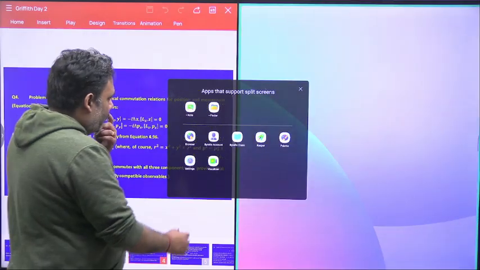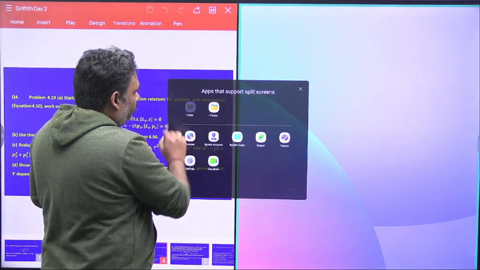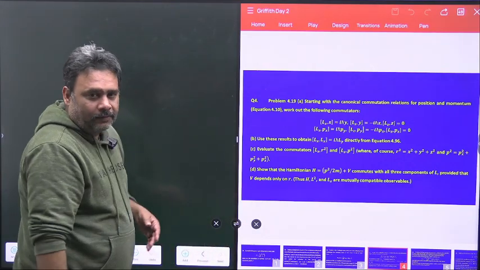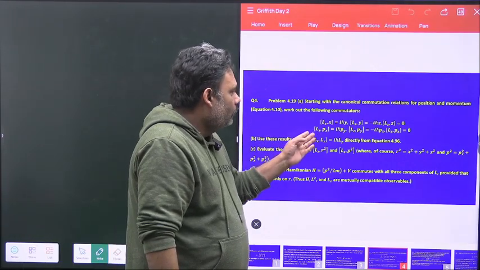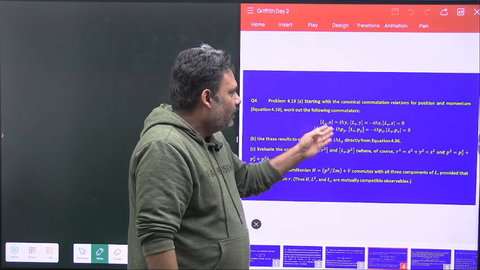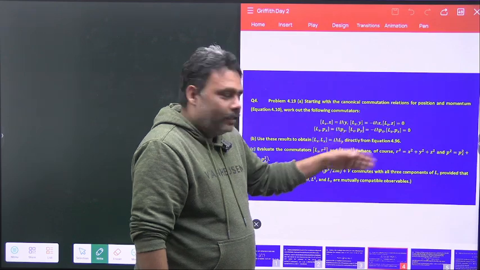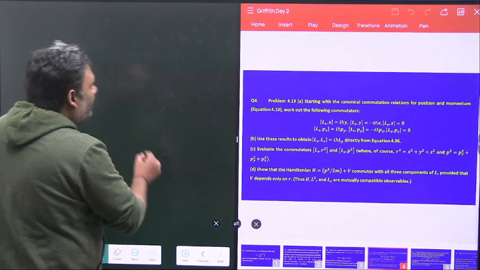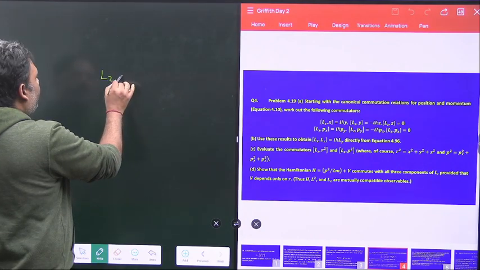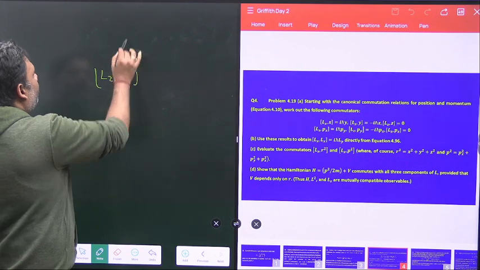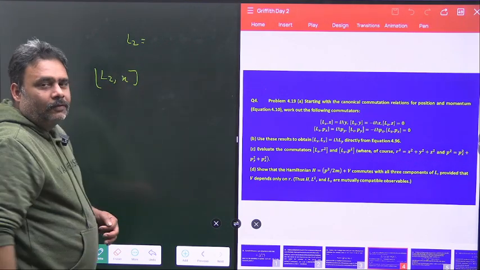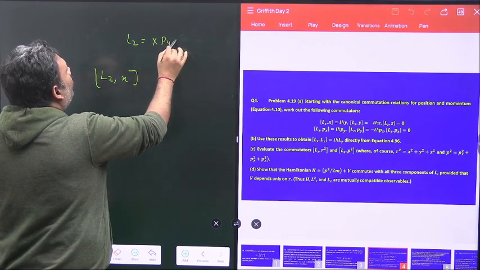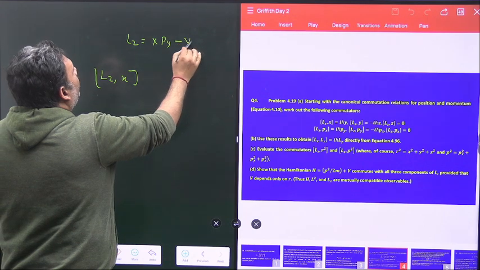चलो, so in this problem what we have to do, we have to just see the sum commutation. So we will just go for, इसमें मैं x वाला कर लेता हूं, इसमें मैं py वाला कर लेता हूं, and then we will go for another one. ठीक है? So LZ x, what is your LZ? LZ क्या होता है भाई? What is your LZ? x py minus y px.